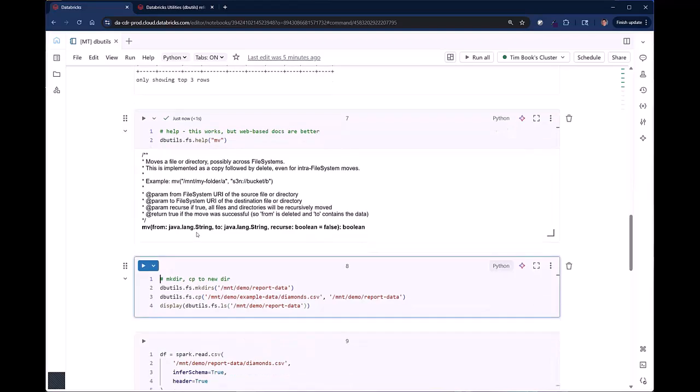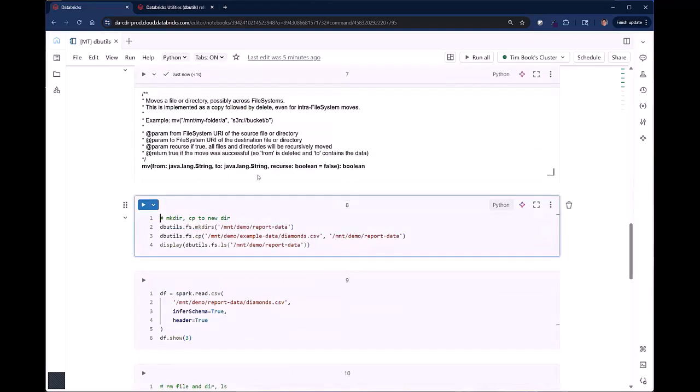All right, let's try some additional functions. I'm going to run dbutils.fs.mkdirs. Note the S, it's not normally plural in your command line, but it is mkdirs for make directories. /mnt/demo/report_data. I'm going to make a new folder called report_data. And then I'm going to run the CP for copy paste function. And I'm going to take that diamonds.csv file, and I'm going to move it into this new report_data folder